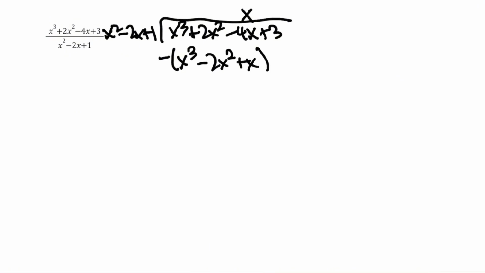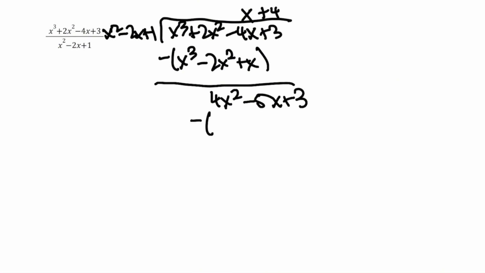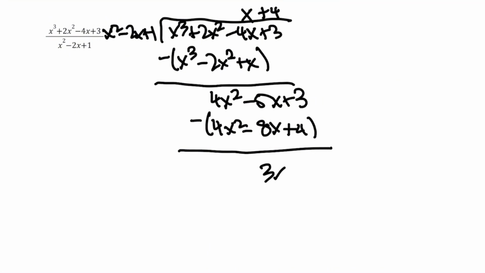After that, you get, and then you can multiply x squared minus 2x plus 1 by 4, and then you can get rid of those. And then you end up with 3x minus 1 as your remainder. So your answer will be